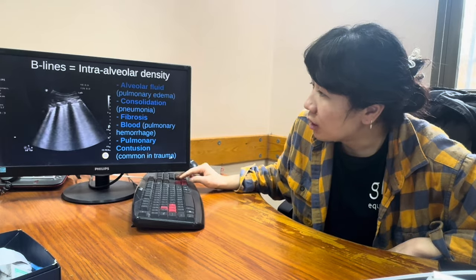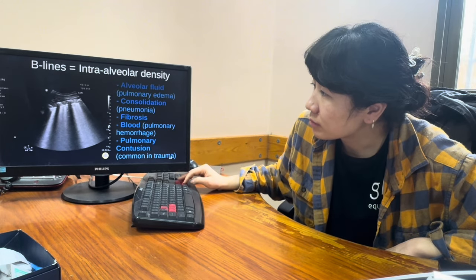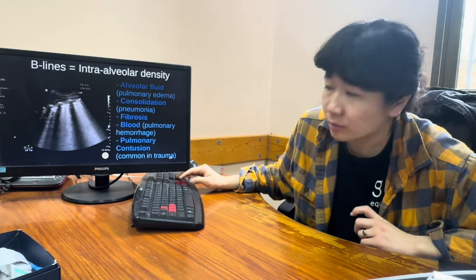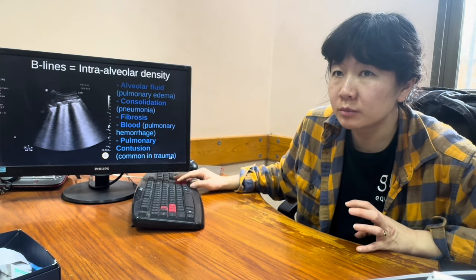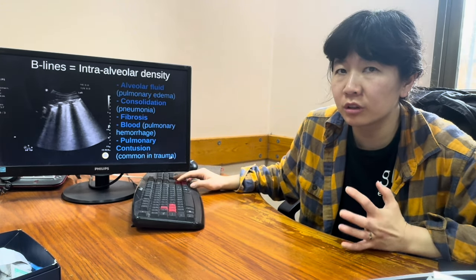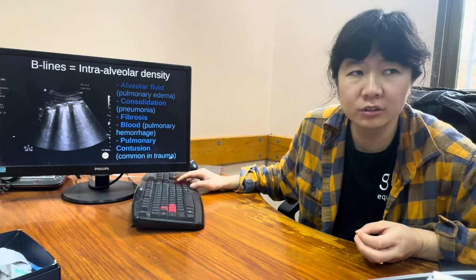What does a hemothorax look like? We'll get into that in a little bit. So B lines we'll talk about briefly. There's a lot you can get into with lung ultrasounds. There's a lot of findings you can